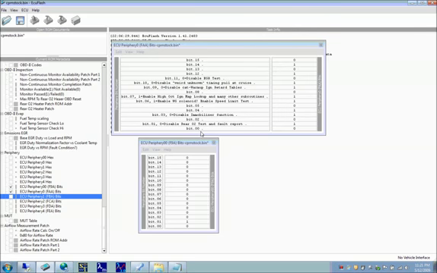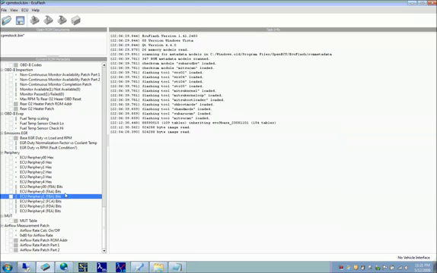There's an ECU periphery for a lot of the functions of the ECU that can be disabled in these ECU periphery tables. So if you're looking to disable something, if you're looking to turn off a particular check engine light because you know it's not anything real or anything that's really a problem,